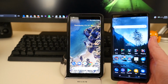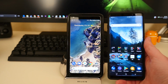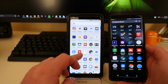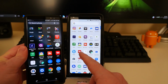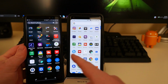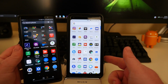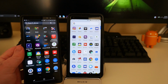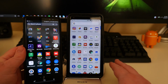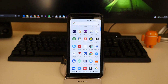I don't even know if you can tell. I'm not even on the same type of screen, but it's just interesting to see that they've really muted the colors on their phone. So look, for instance, if you look at that Bank of America app and then look at it on this phone, I do like the colors better on the Note 8, and they could put an update out and allow more saturated colors and let you choose, but I don't think they're gonna. And again, this is by design. They want the colors to look more natural, more flat, and that's what they were going after. That's the one thing I don't love about this phone, but otherwise,